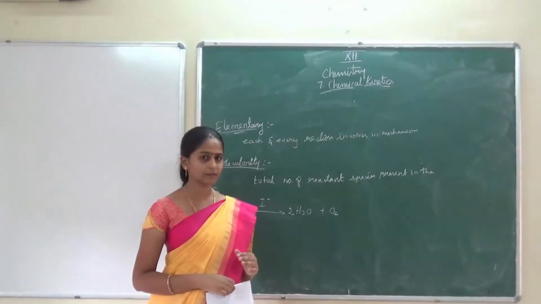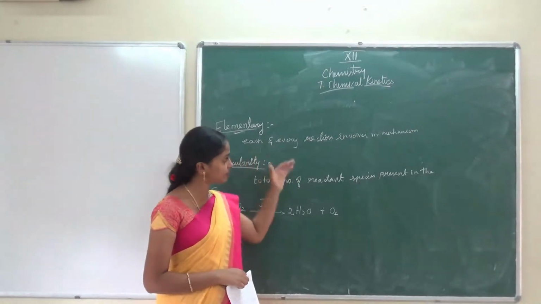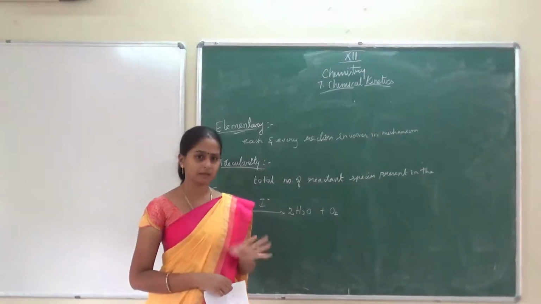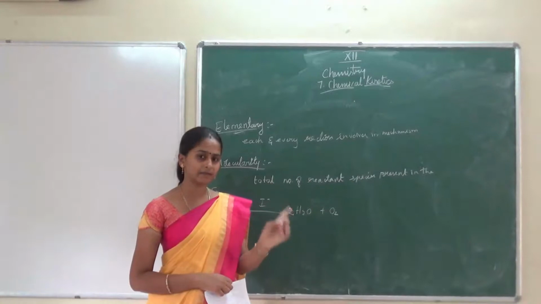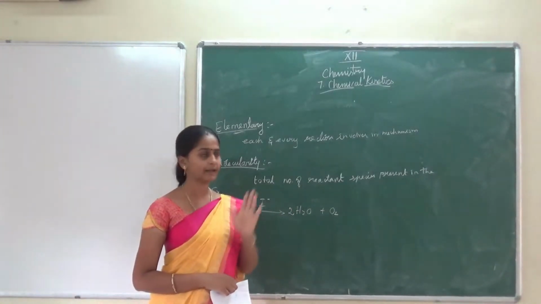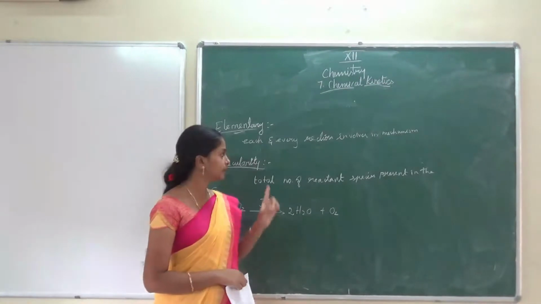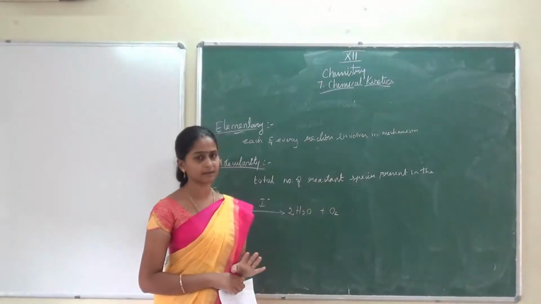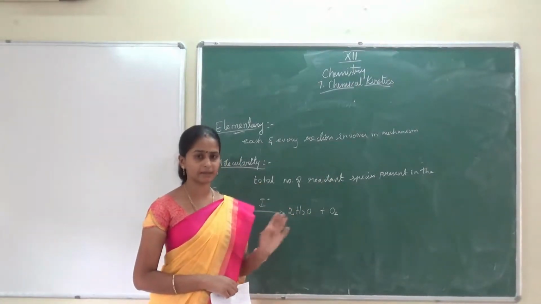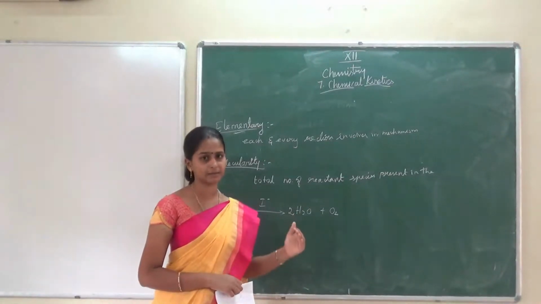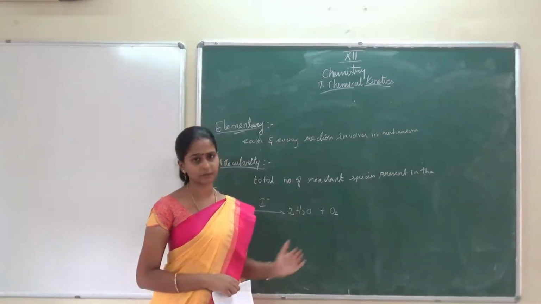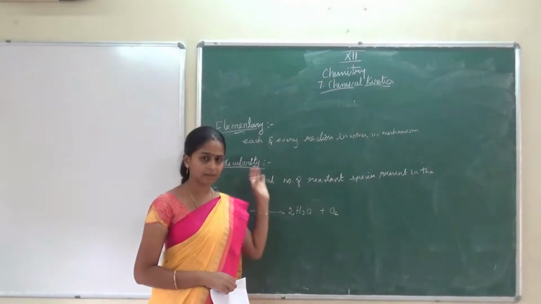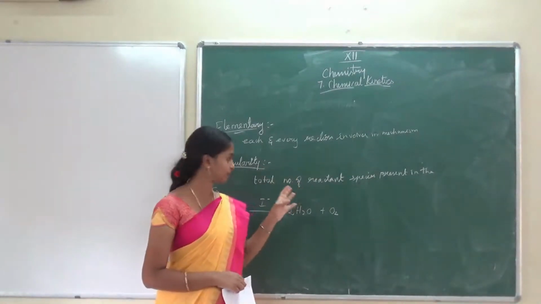So here also, each and every reaction involves a mechanism with step 1, step 2, step 3. How many steps there will be is no problem. All the steps, each and every equation involved in a mechanism, are called elementary reactions. Then molecularity is nothing but the number of reactant species present in the elementary step. In each and every step we can calculate the molecularity. In the first step, what is the molecularity? In the second step, what is the molecularity? So molecularity is the number of reactant species present in the elementary reaction.